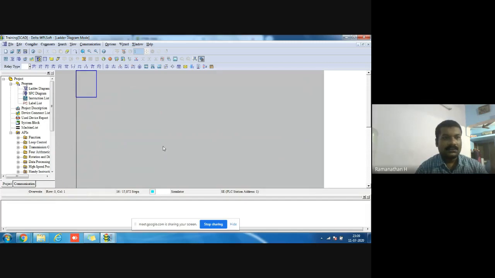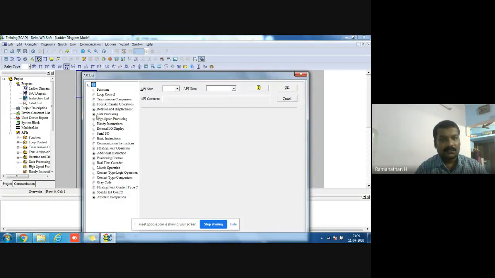And next we go for timer. Timer is one of the important instructions.